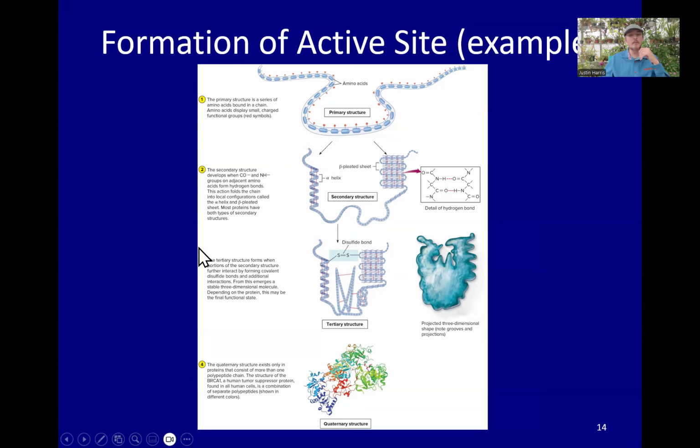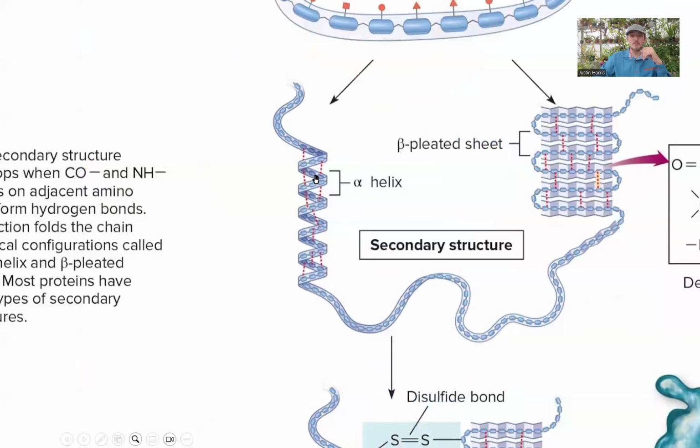And so here's a visualization of the different amino acids, the structures of proteins, where you have primary structure where it's just the string of amino acids and you have no idea where it is in that final protein structure. You then have hydrogen bonds that form between these amino acids, and they can form what's known as alpha helices, which are these tight coils, or these beta pleated sheets, which are these alternately